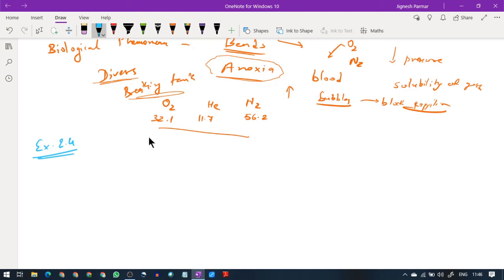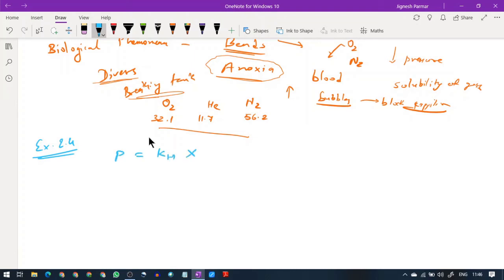If nitrogen gas is bubbled through water at 293 Kelvin temperature, how many millimoles of nitrogen gas dissolved in 1 liter of water? Assume that nitrogen exerts a partial pressure of 0.0987 bar. Given that Henry's law constant for N2 at 293 Kelvin is 76.48 kilobar. So, dear students, I need to find how many millimoles of that. But what is my formula? My formula says